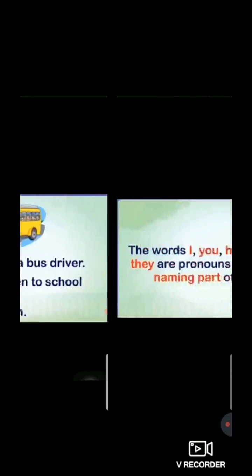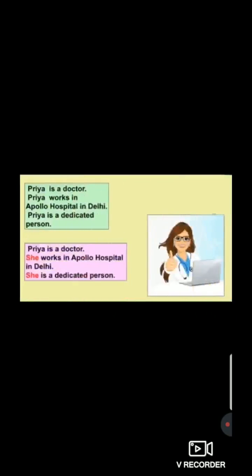Right students? So there are some words, I, you, he, she, it, we, and they, which are pronouns that come in the naming part of a sentence. Naming part means where the names are written. In that part we can use pronoun words. Students, I hope everyone understood the first sentence. Right students? So here, as you can see,